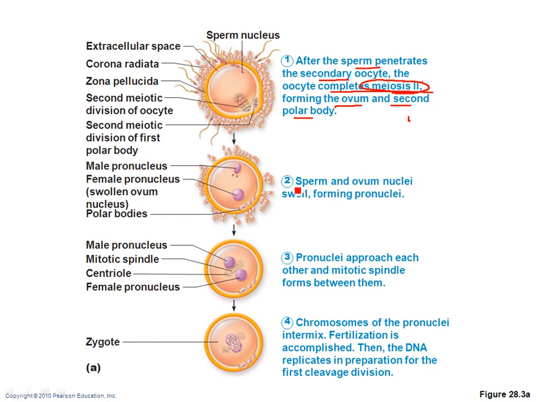The sperm and ovum nuclei then come together, they approach each other, and they fuse. Now when this fusion of these two nuclei, the male and female DNA, comes together, that's called fertilization. And now we have a zygote. So you had your sperm nucleus, your oocyte completes meiosis 2, the two nuclei, actually called pronuclei at this point, come together, they fuse, you get fertilization and the formation of a zygote.